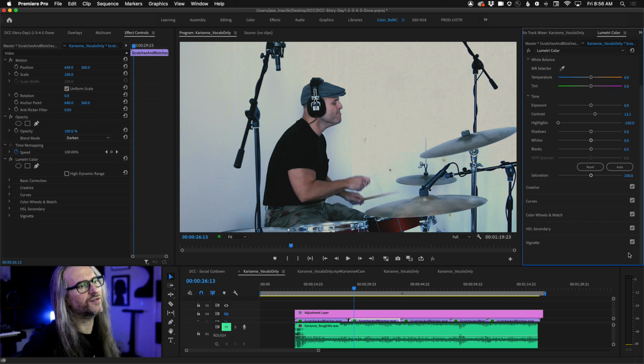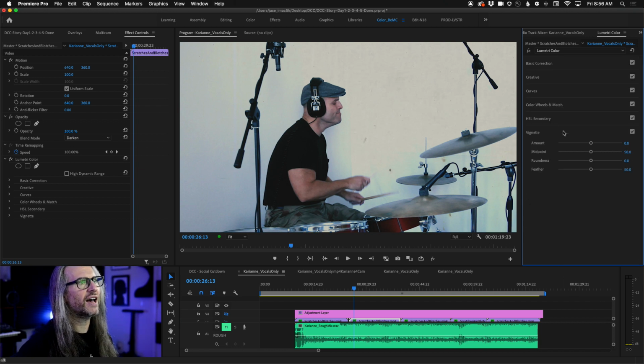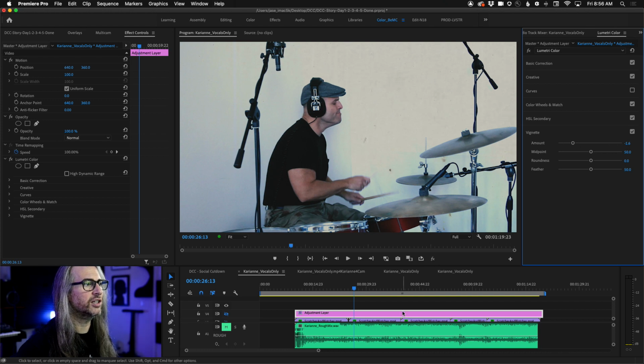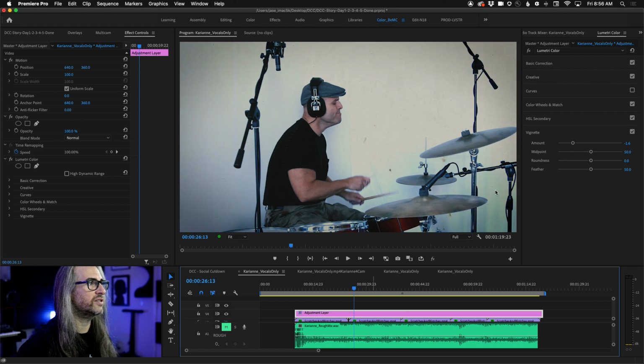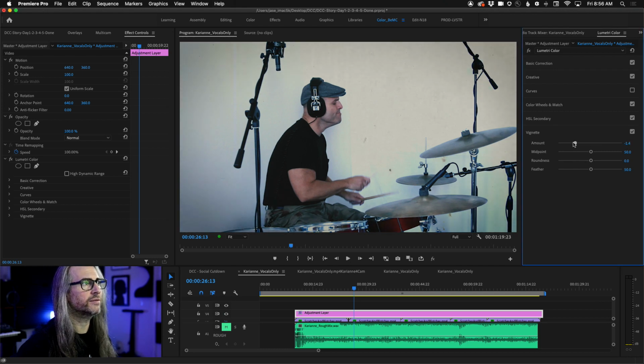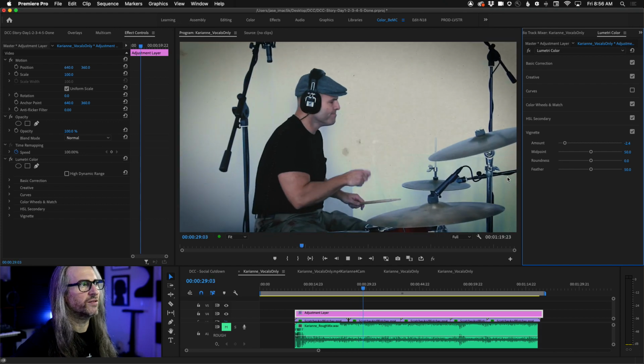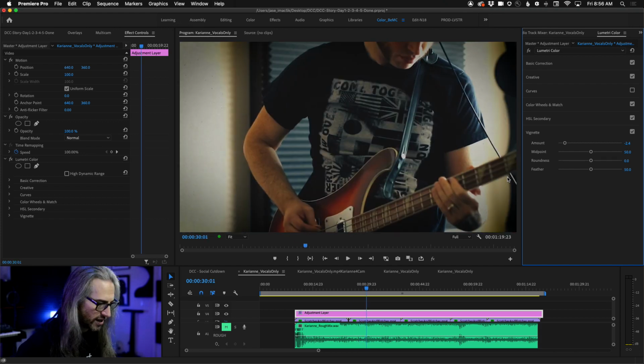Also, I love pointing out, don't forget that in Lumetri, you also have your vignette. So if on something like the adjustment layer, you wanted to give everything an overall vignetted look, you could do that too, right here, okay? And sometimes I like the vignette, again, if I'm going for a more stylized kind of view there. All right, so in our last couple seconds here,